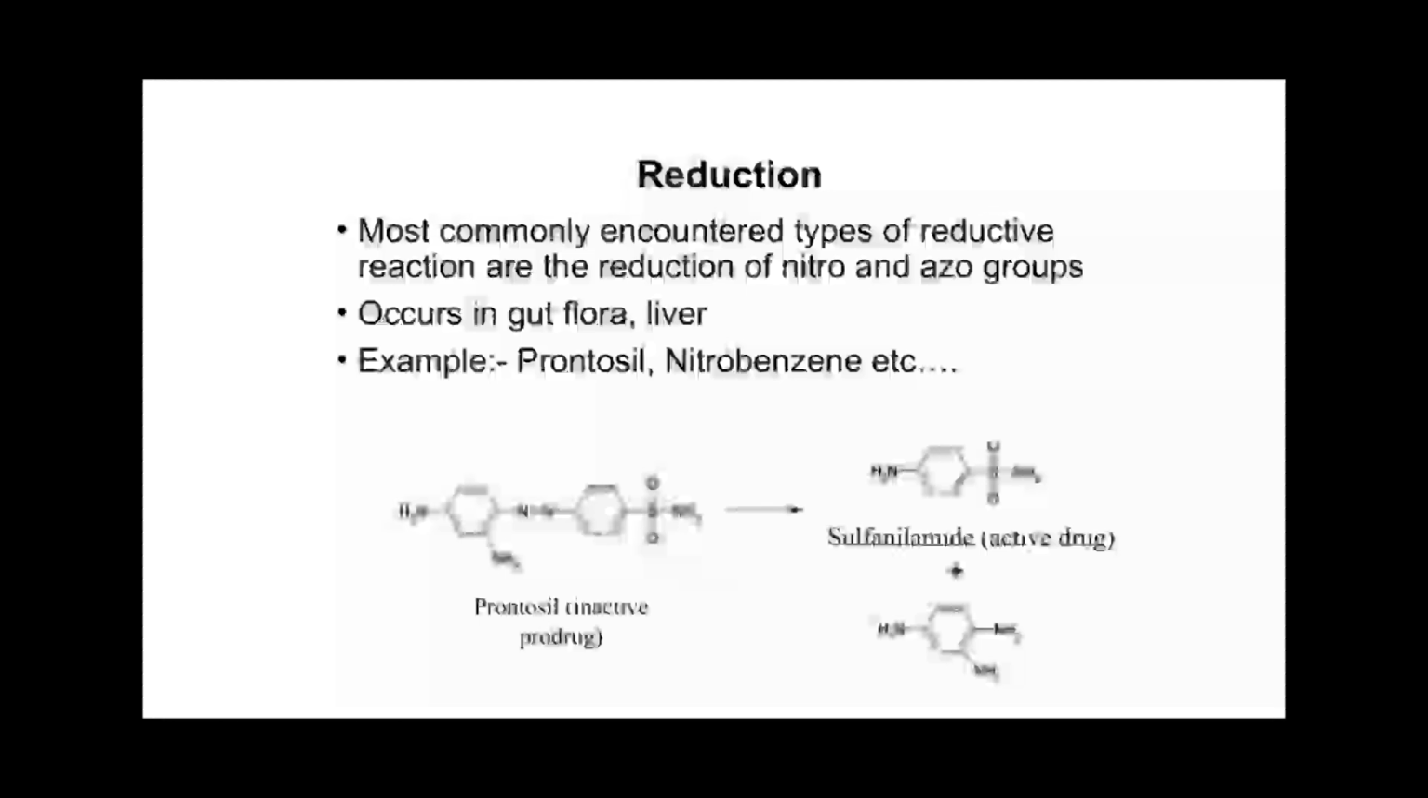Other examples include nitrobenzene and similar compounds, which also undergo reduction to become active or sometimes toxic metabolites. So, in essence, reduction reactions play a crucial role in drug activation and metabolism, especially involving these nitro and azo groups. Understanding these processes helps us grasp how certain drugs are metabolized and how their activity can be modulated within